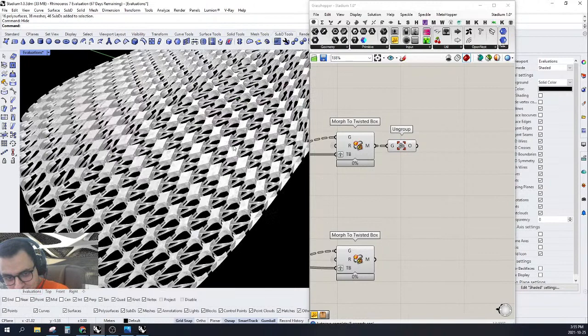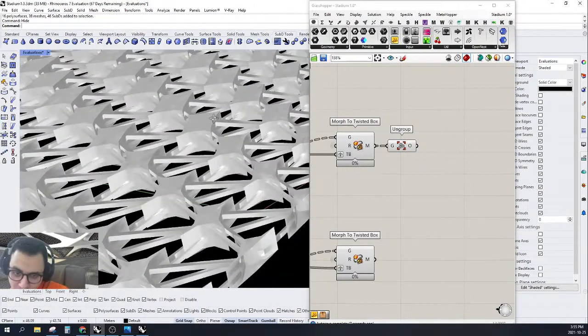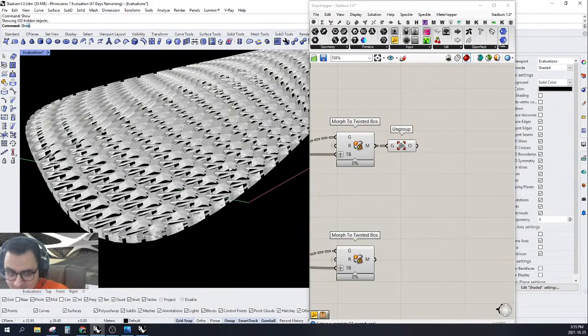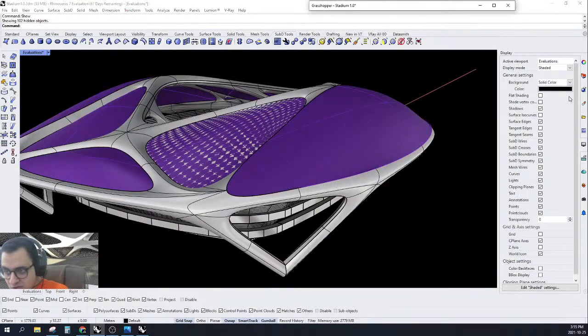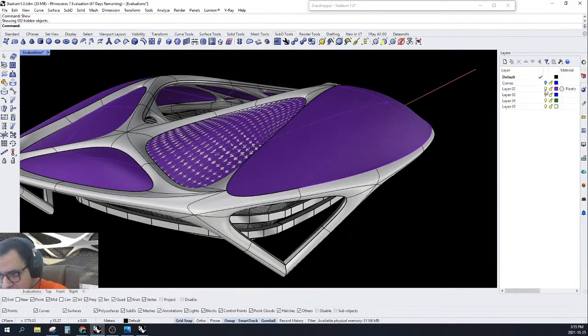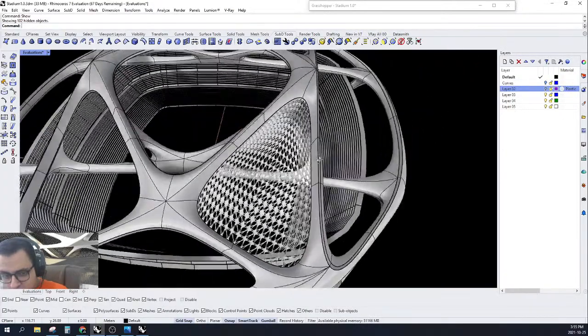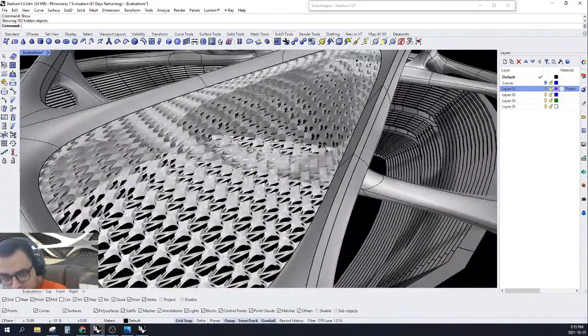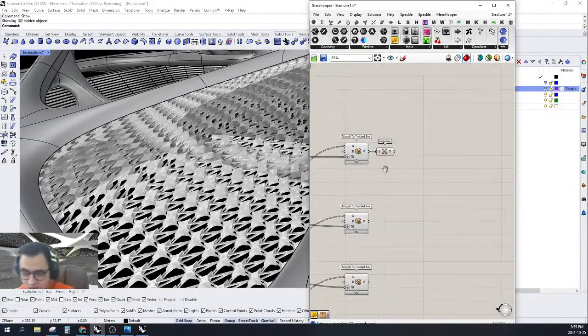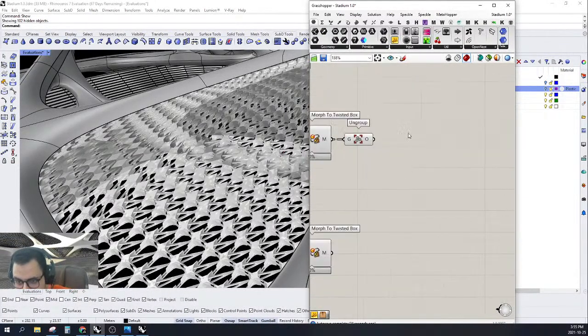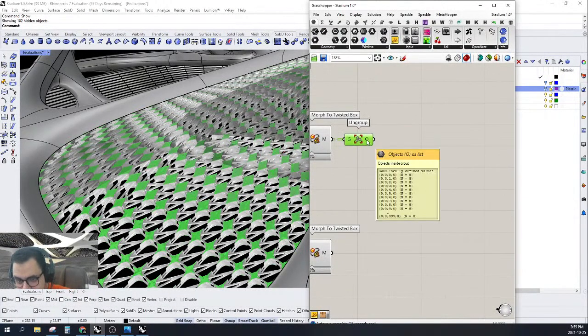I think it looks interesting. Let's show, and for now let's hide these. Okay, yeah, I think it's kind of looking interesting, especially in the rendered mode. I will show you in a minute. And after that,